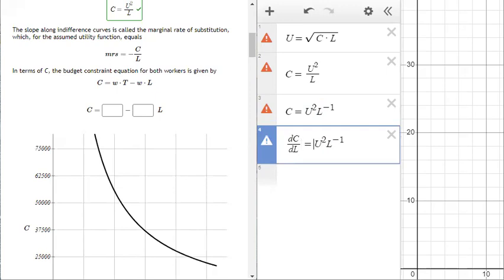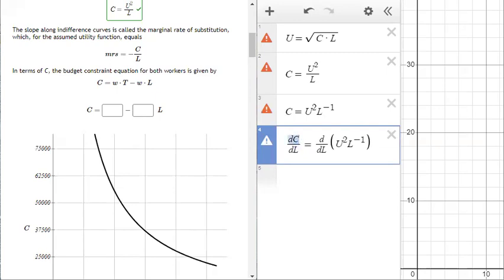So I want to differentiate the thing in parentheses here with respect to L. Now I can write it like this too, right? This means differentiate this with respect to L. Now, if I put the C up here,